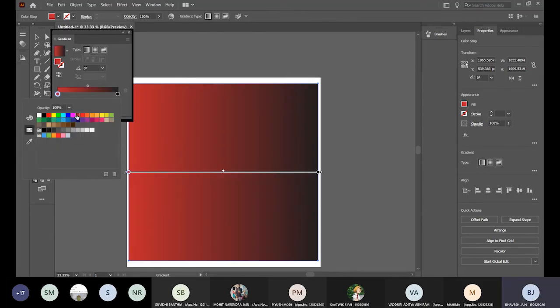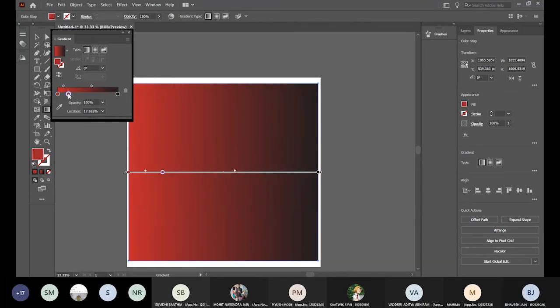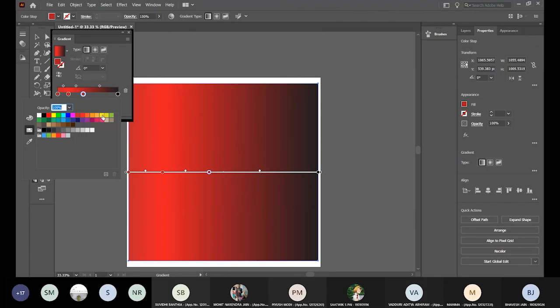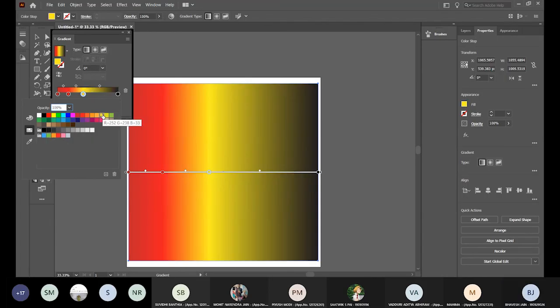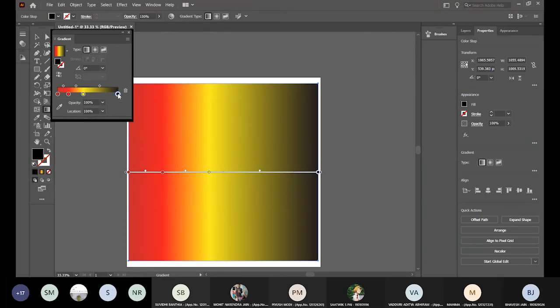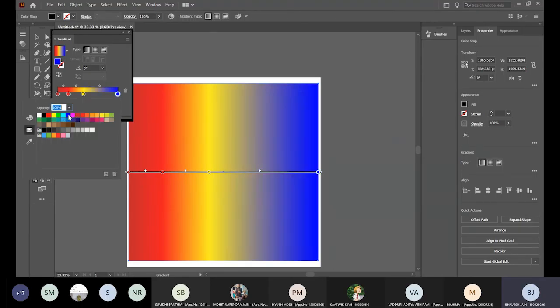So let's give a transition from red to a sunset transition, let's try it. Let's give it orange. Let's give it a little this. No, this is green. This won't do. Sorry. This is too red. It's become a little too yellow, but okay. And I'll give this a blue. Let's give this some other color. Let's make this the shade.